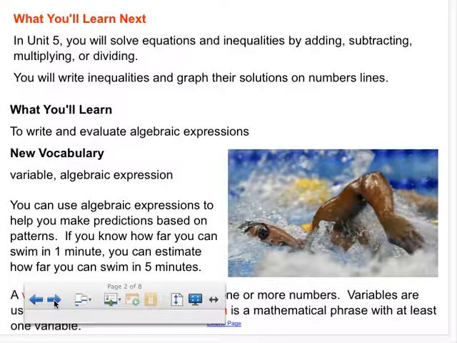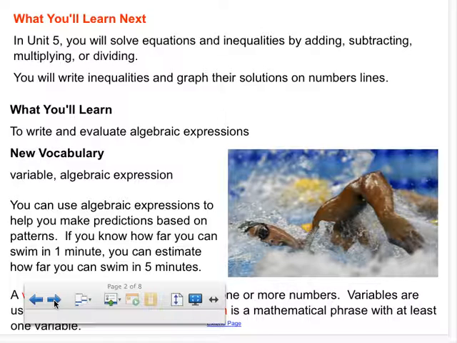Remember in the warm-up, we were talking about what kind of expressions? Those were numerical expressions, all numbers. Got it? Today we're talking about algebraic expressions, and algebraic expressions differ from numerical expressions, and we're going to see how. New vocabulary: a variable,